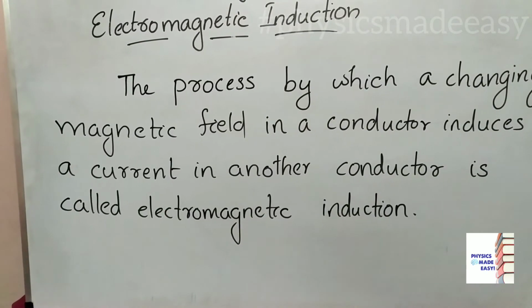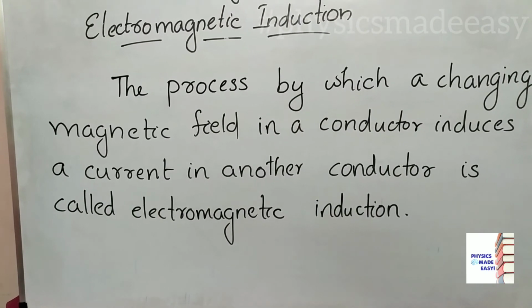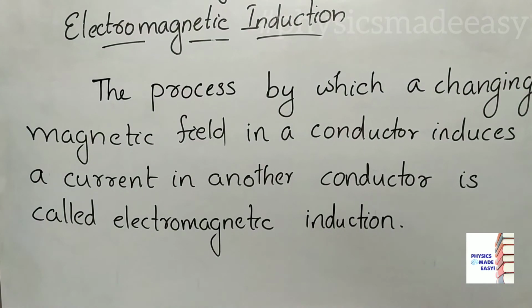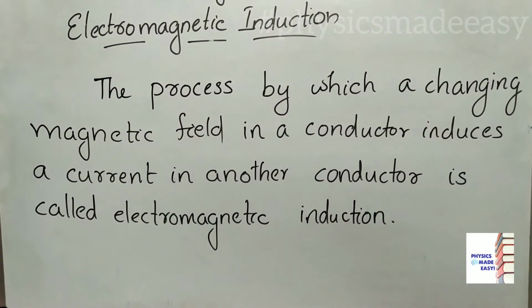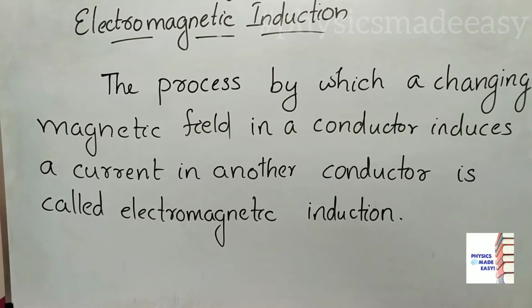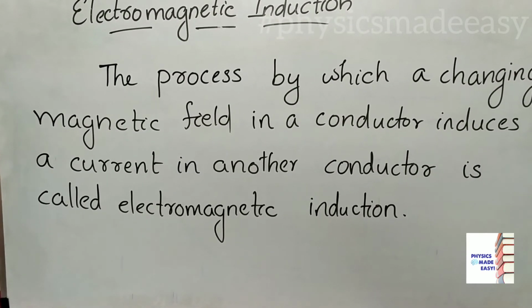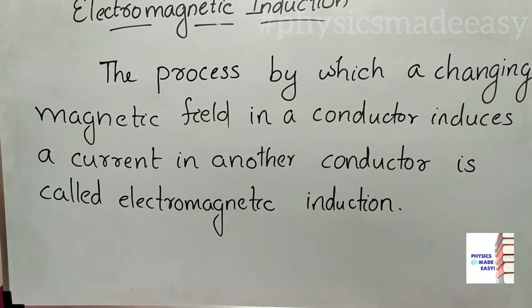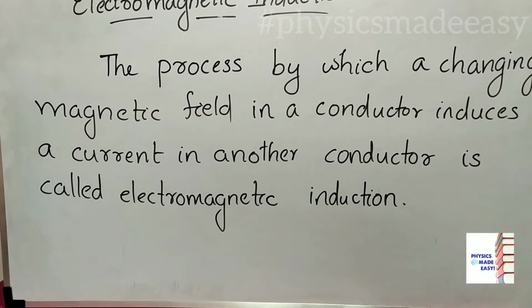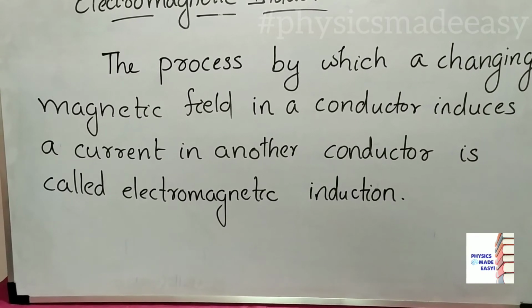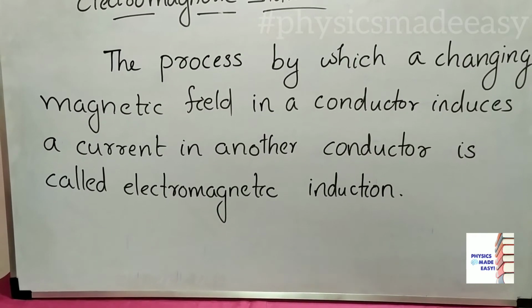Children, we can say there are two ways to induce current in a conductor. Okay, what are those ways? By changing the magnetic field we can induce current in a conductor. That we have seen in the second activity. Then the first activity we have also seen, by moving that magnet, current is induced in that conductor.